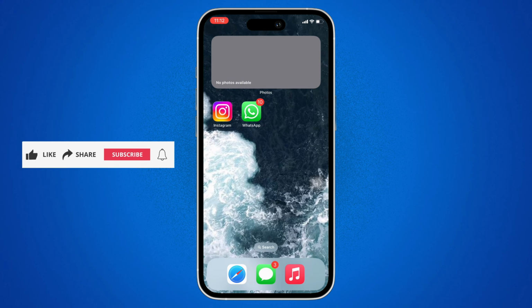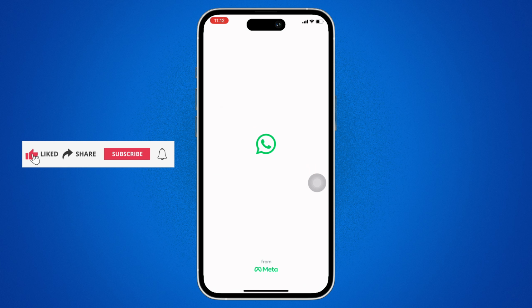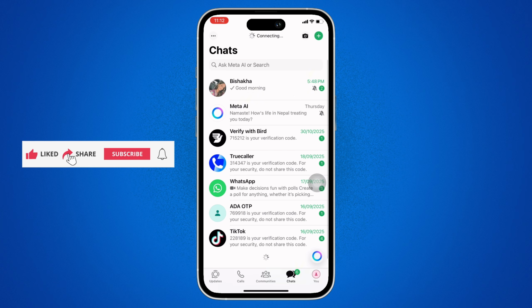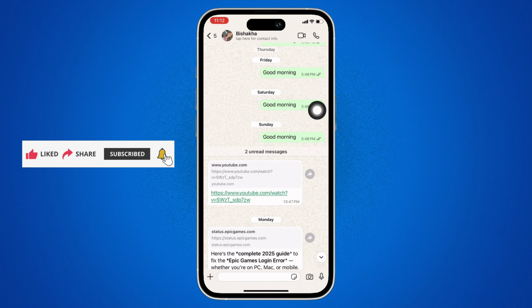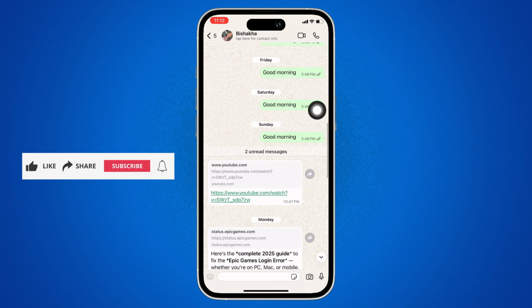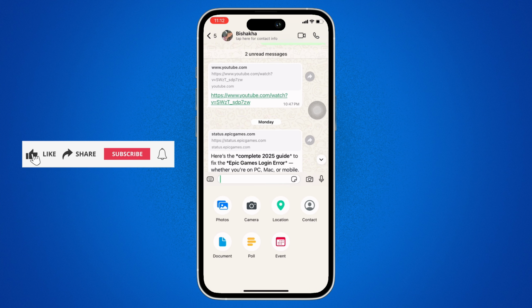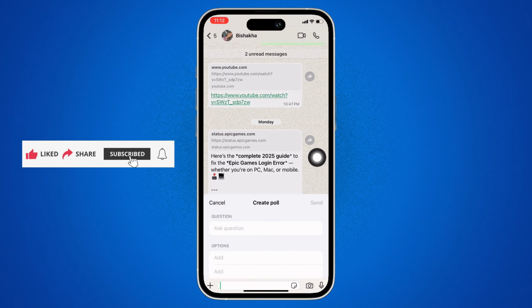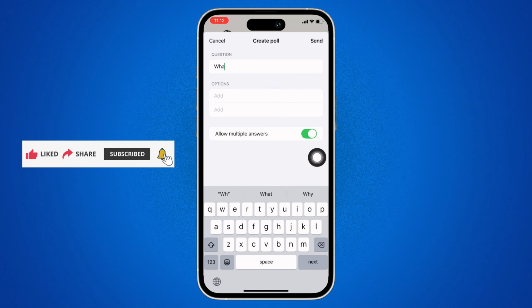Firstly, go ahead and open the WhatsApp application on your device, and further go ahead and open the conversation or the group conversation in which you want to create a poll. Further, tap on the plus icon you see there at the bottom left of your screen, and you will then see various options. Here, tap on the poll option and now go ahead and type in your question, and under